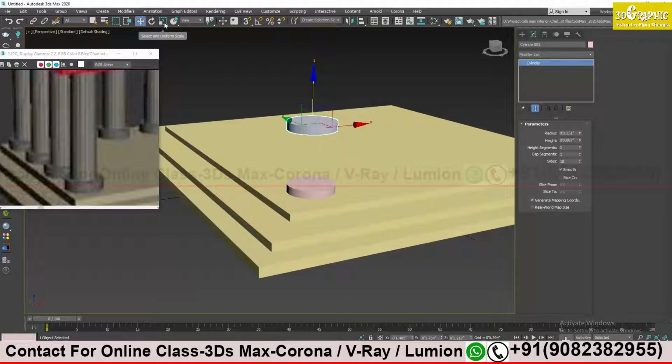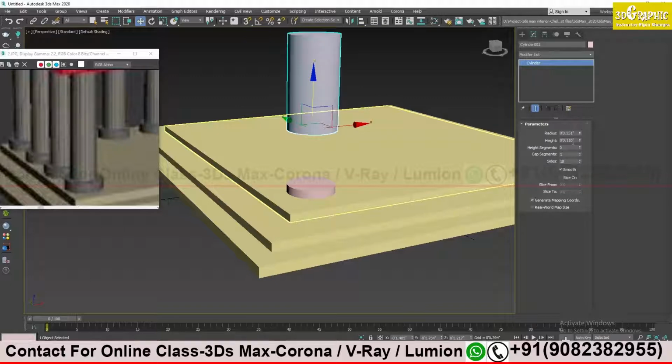One is to go to scale over here and scale it out. You will increase the height of the cylinder. This is one way, or I will show you another way also. I will select the move button, and the other way is through the properties of my cylinder. Here I have height, so I can increase the height with the help of properties also.